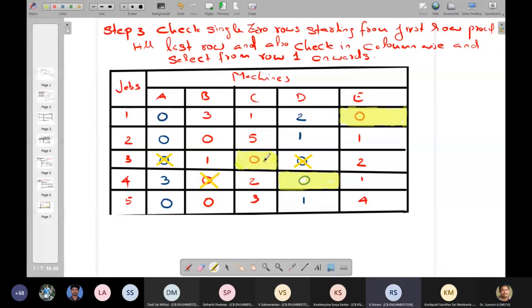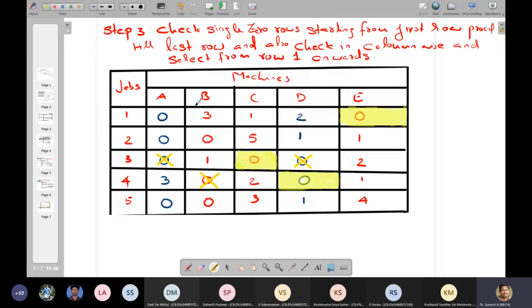So we are selecting only one among all the zeros for a single machine, sir? Yes. First we reduce the redundancy. I didn't choose this one because I had multiple zeros here. If I choose this in the initial iteration, job E will be unassigned, and then I need to take the next highest figure into account. I check for a single zero here. No, it has multiple zeros. This also, this also, this also. Job 5 also has multiple zeros.